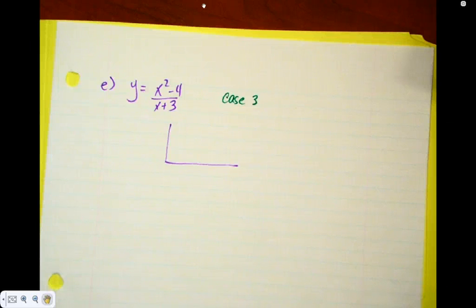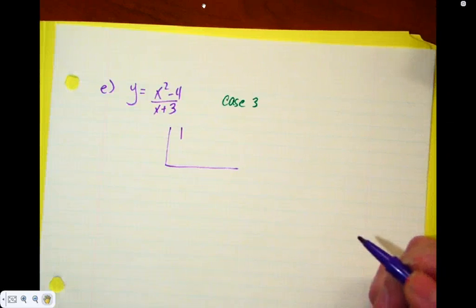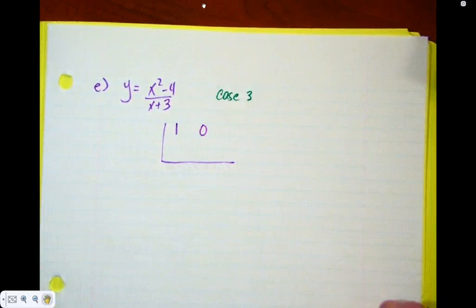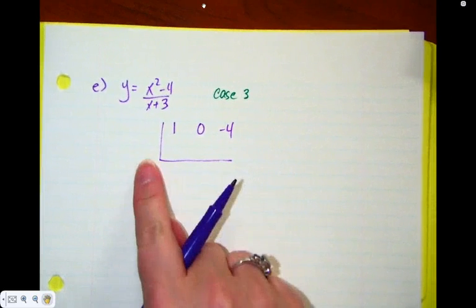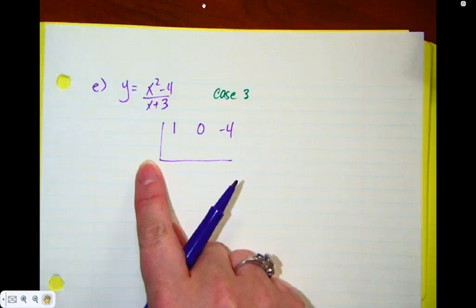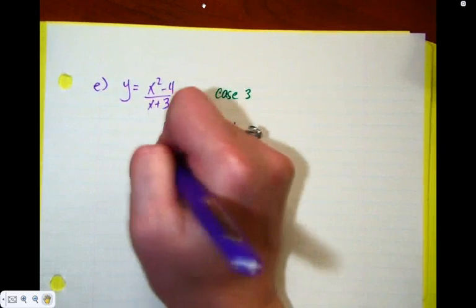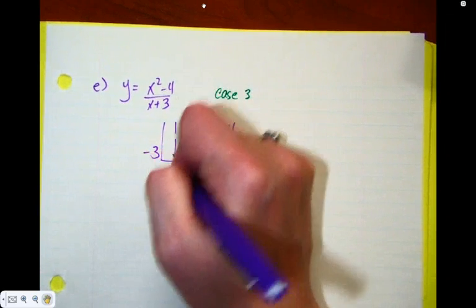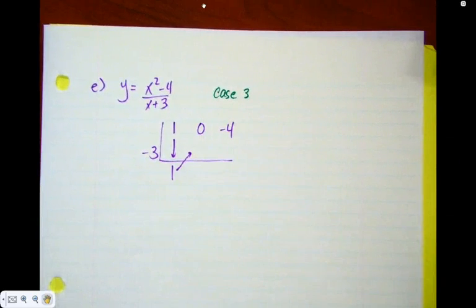Okay, numbers on the inside come from the numerator. How many x squareds do we have? How many zeros do we have? Oh, how many x's do we have? What's the constant? -4. Where does the number on the outside come from? From the bottom. What can x not be, or what's the NPV? 1 always drops straight down. Then we multiply by the guy on the outside, which gives us